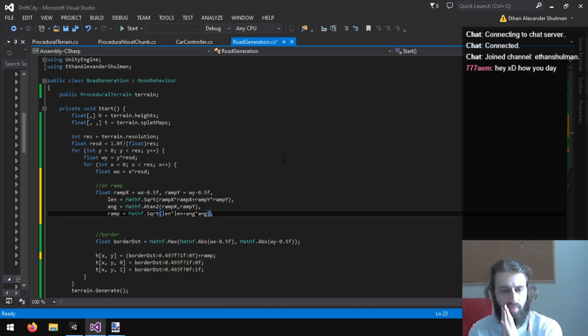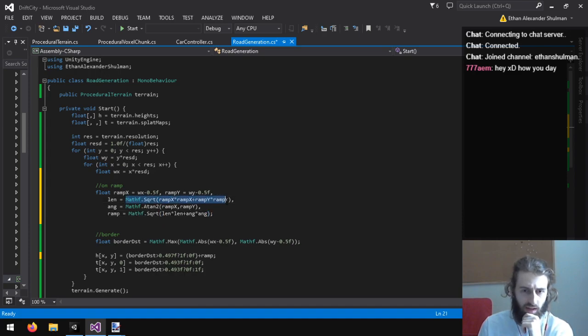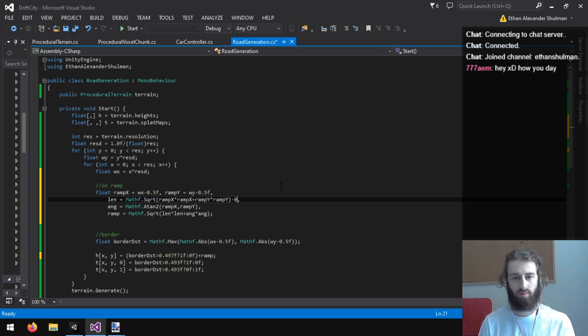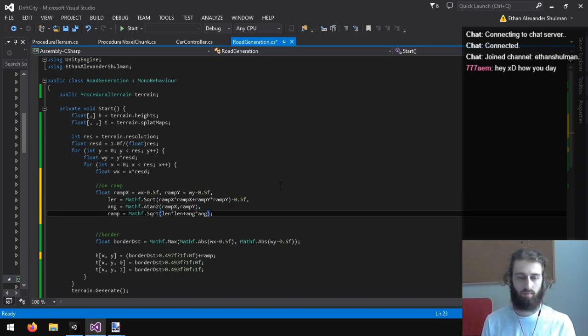I was wondering, is this what I'm looking for? Maybe it's more like a box where I want to do the absolute value of this, and then clamping that. I'll just start with length to begin.